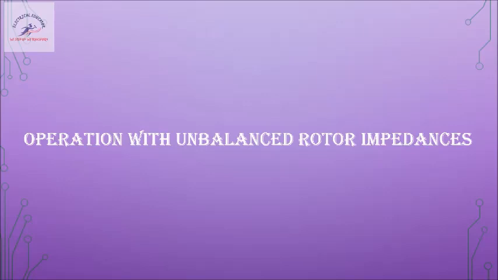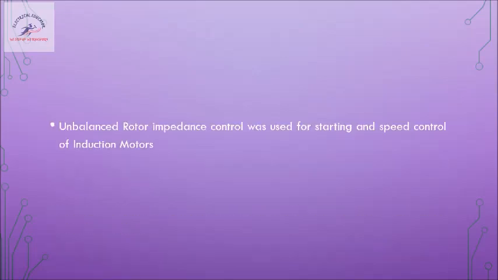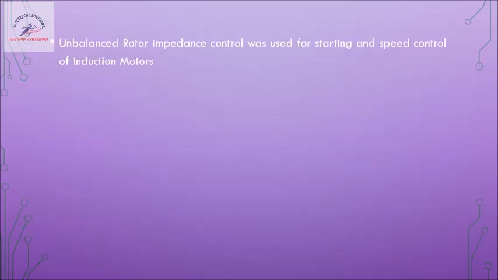Whenever I say impedance, it is a combination of resistance and reactance with respect to the motor. We are not speaking about capacitance here because the motor has a winding. So here we are speaking about rotor impedances. We will consider that the rotor is also three-phase, whether it is a squirrel cage or a wound rotor, so the equivalent resistance and reactances will be split into three phases.